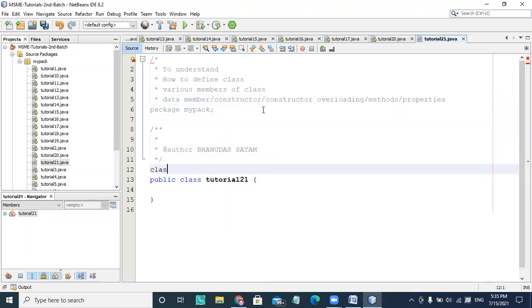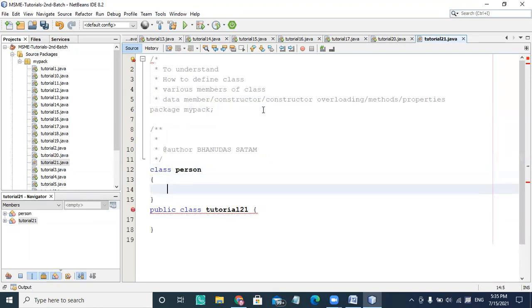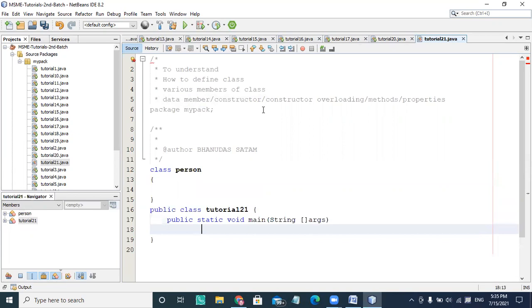So I'm creating a class called person, and this is a class definition defined outside the main class. This is the main class, with public static void main and String args. Here I'm creating an object of the person class.